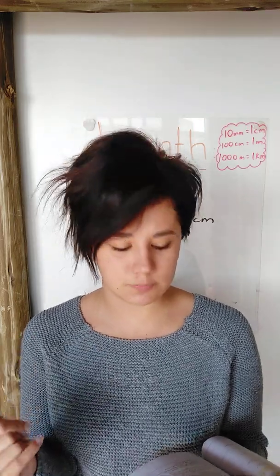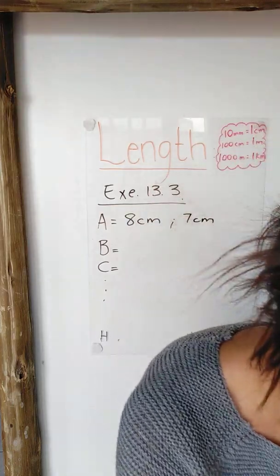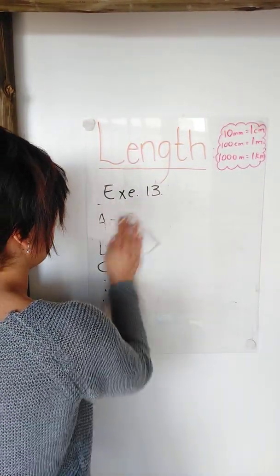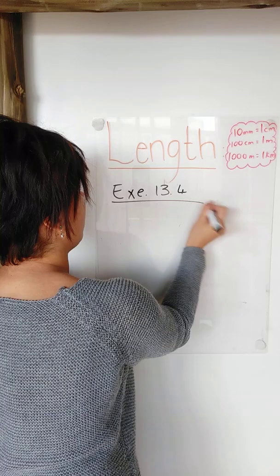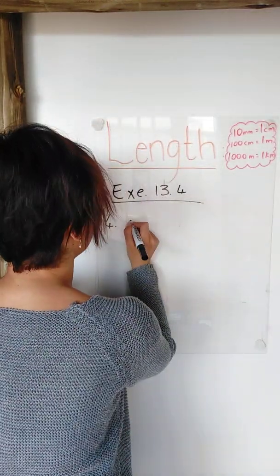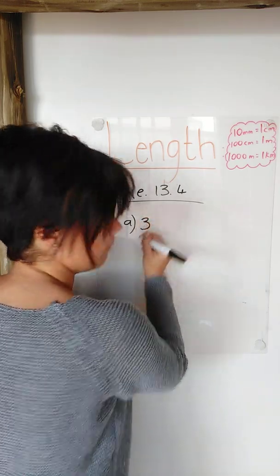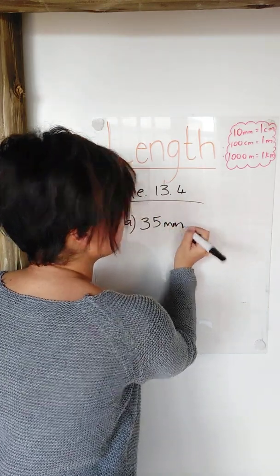But at question 4, it gets more difficult. So the units are not the same. So first, you need to make the units the same. So like I just did here, you are basically going to do that for question 4. Now I'll quickly demonstrate. This is exercise 13.4, right? Now this is question 4. Now let's look at A. A is 35 millimeters